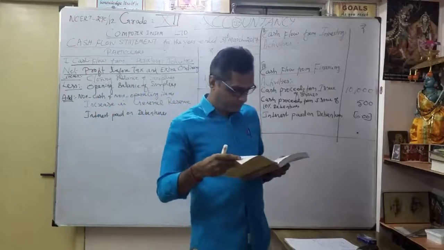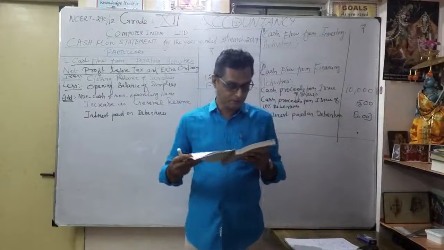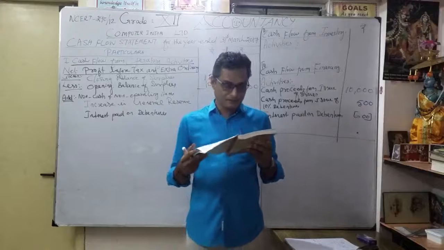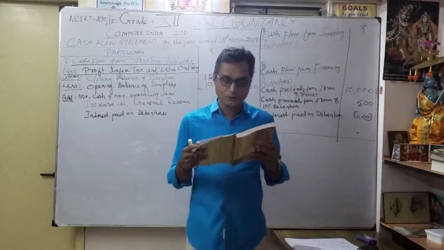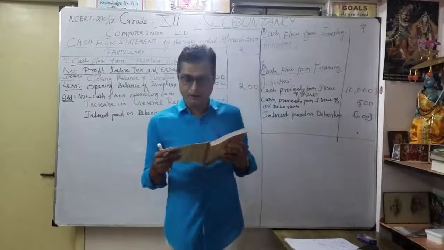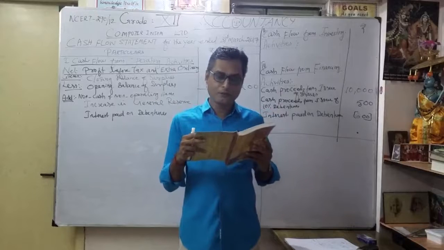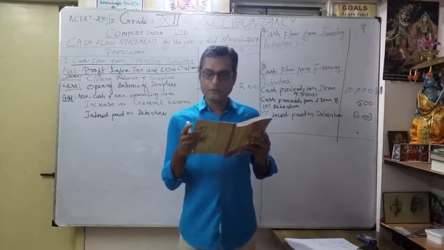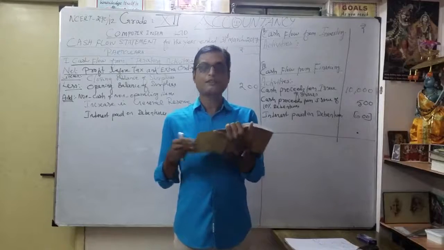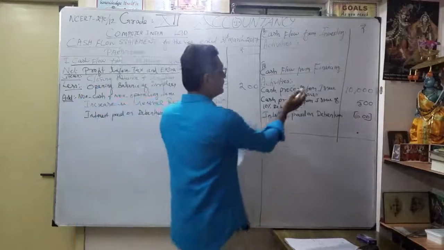Done. So we finished our non-current liabilities, correct? Now move to the current liabilities. Number 3. Under that, they given short-term borrowings. See the short-term borrowings, they given note number 2. So what's the note number 2? Short-term borrowings, bank overdraft. I already discussed one other problem, correct? I think 10th problem. See here they given what? Bank overdraft, 12,500 become 6,800. So what happened? Our overdraft decreased. So you know where you have to write? You have to write it under the finance activity.